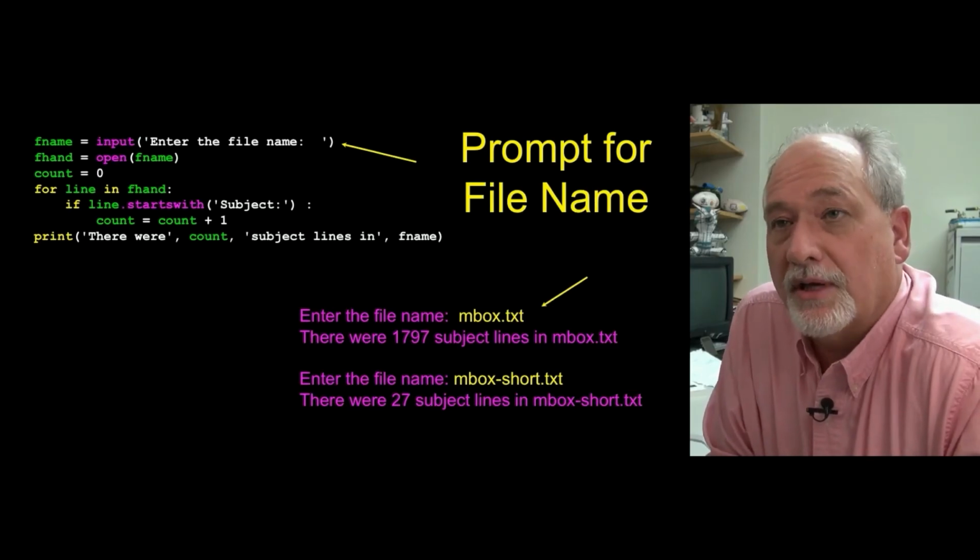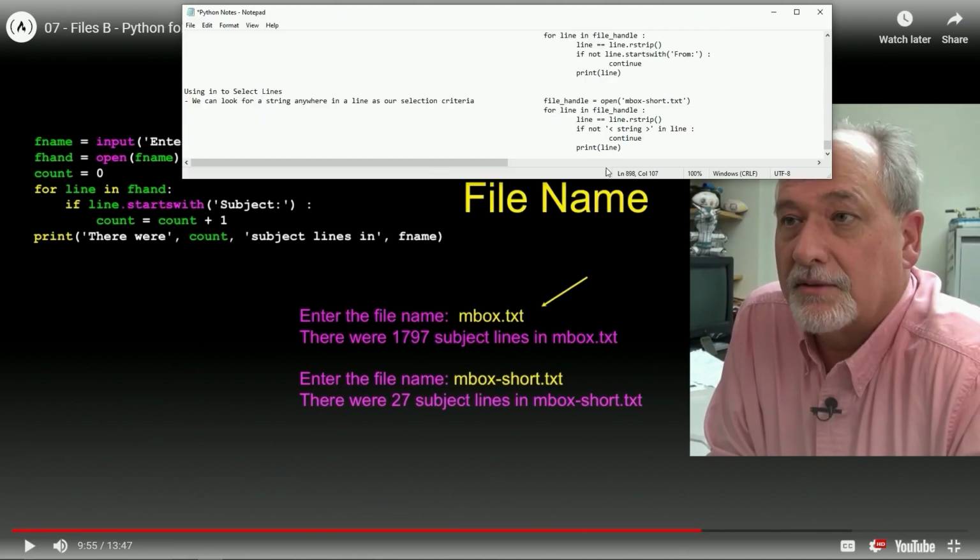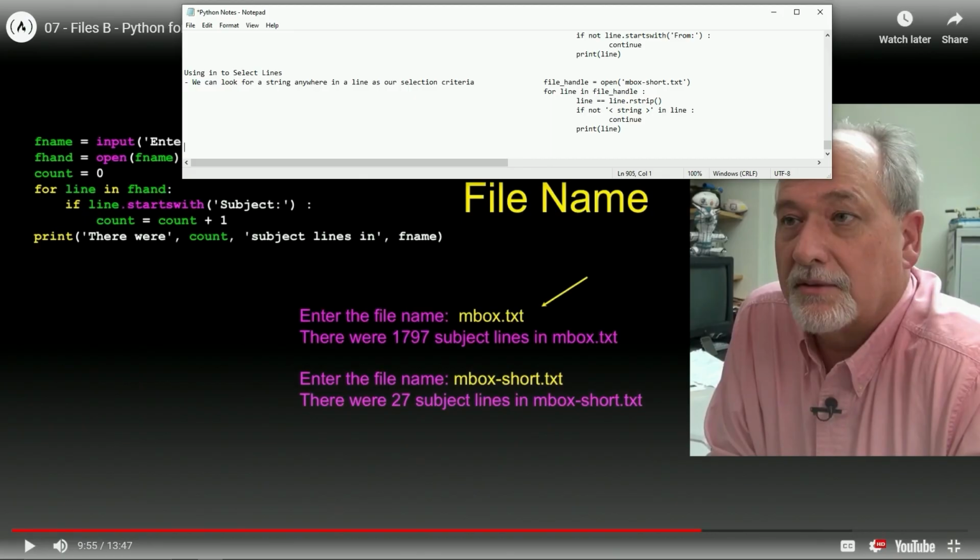Sometimes you'll have programs that want to read different files. Okay, let's look at this before. What is this? So there's a variable fname equals input, and then we do a little string. It's an input that says enter the file name, right? fhand equals open fname. Okay, I like that. Count equals 0. Okay. For line in fhand, the file handle, I gotta write this down. Trying to deduce what this is, even though I know what it is.